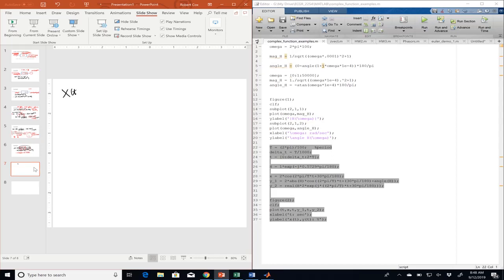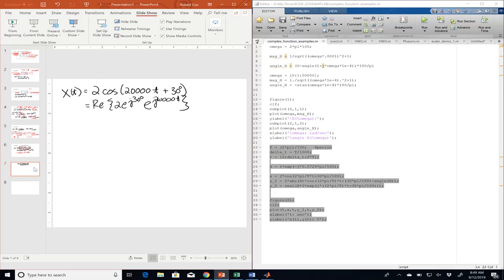Let's say I had x of t equal to 2 cosine of 20,000 t plus 30 degrees. In that case, I have the real part of 2 e to the j 30 degrees. So that part hasn't changed, except I have 20,000 now